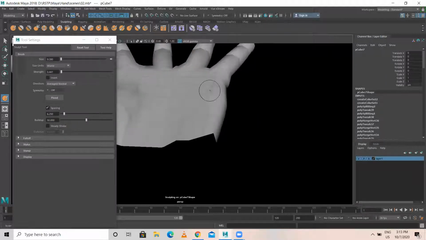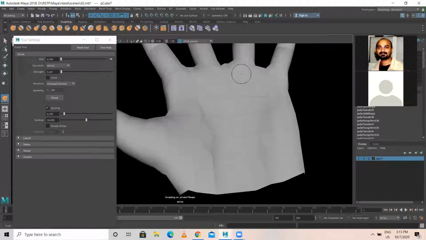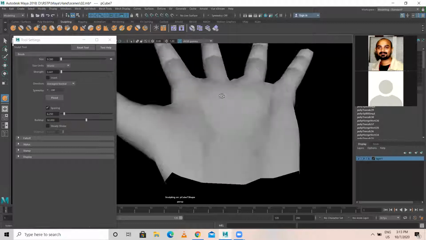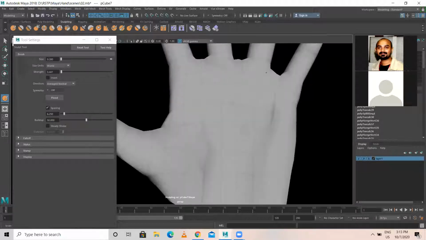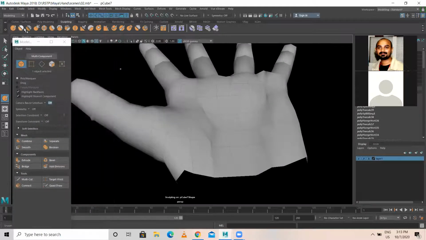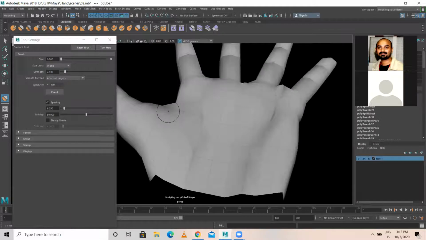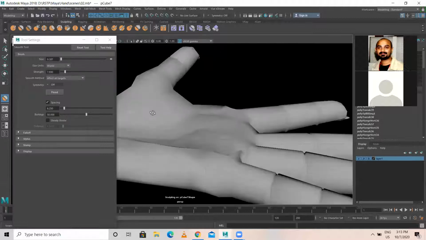Similarly here also. This part, it's like this. Something like this. I'll take this smooth tool again. A bit smooth you have to do.